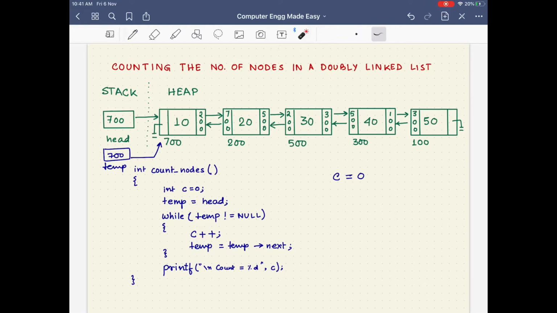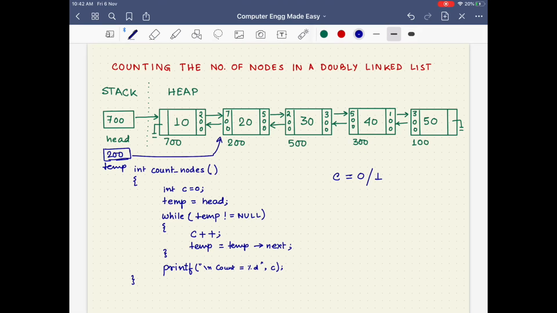Now when we check if temp is not equal to null, we find that the condition is true. So we enter the loop and we execute C++. So C now becomes 1. And then we execute temp equals temp next. That means the address 200 now gets stored in temp, and temp will now point to the next node. So temp no longer points here, but temp now points to this particular node.